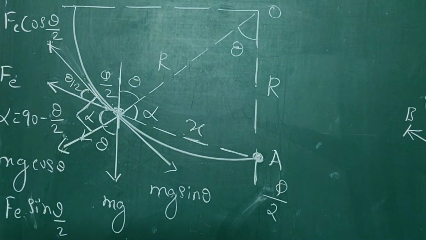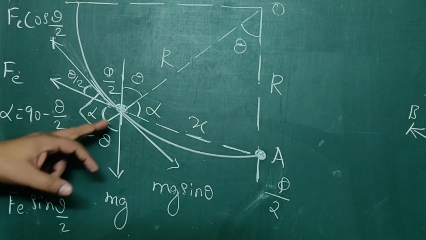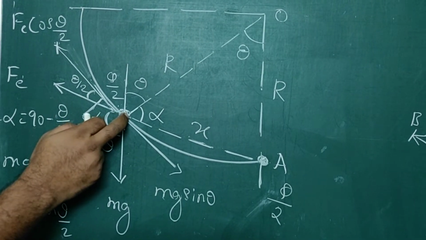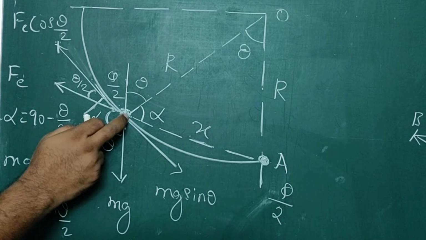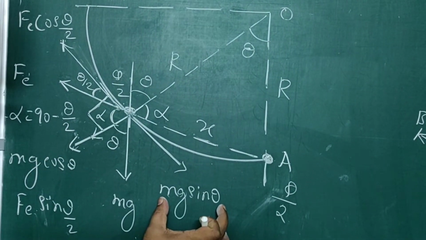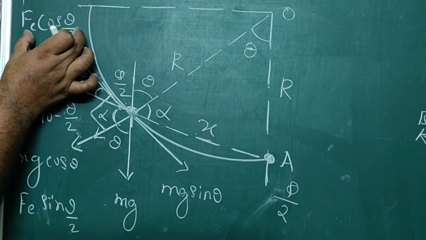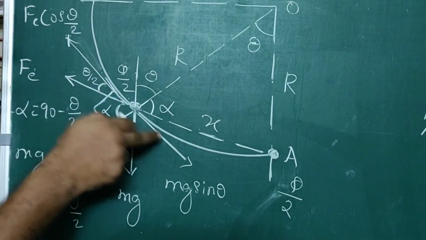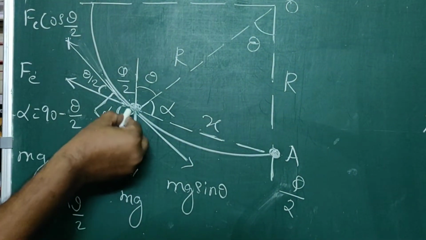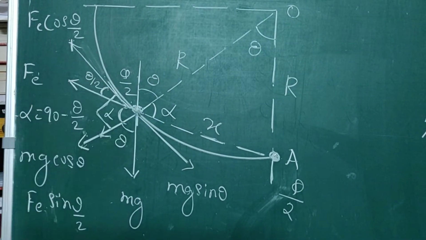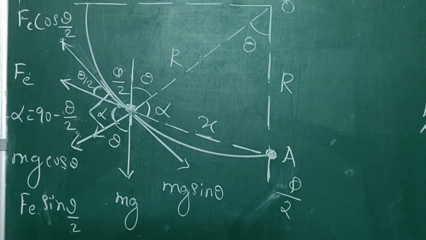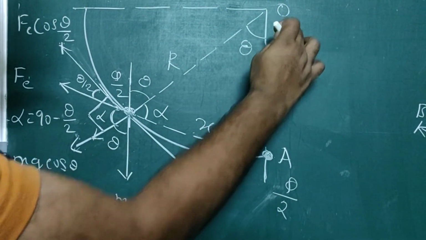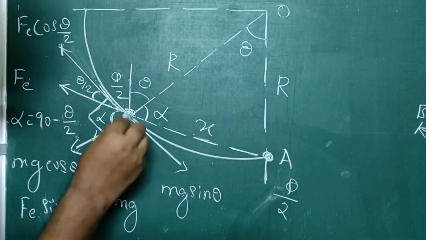Now, the important thing we have to note here is that the ball B will remain in equilibrium at this position, meaning it will be at rest here only when the tangential component of the gravitational force balances the tangential component of the electrostatic force, so that the net force along the tangent will be zero. For that reason, the ball neither moves downwards nor upwards, so it will remain at rest here. Now, to find the value of alpha and the value of x, let us make use of the triangle OAB. This point is B here.